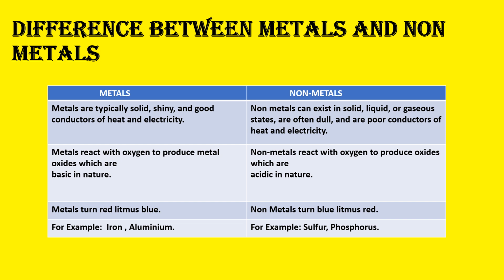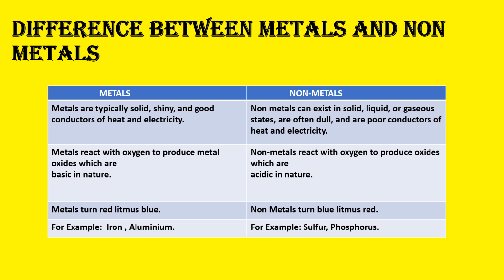Non-metals can exist in solid, liquid or gaseous state. Like we have learnt about mercury. Mercury is a metal which exists in liquid form. Then we have learnt about oxygen. Oxygen exists in gaseous state. Then solid, we have learnt about sulfur. It exists in solid state. So non-metals exist in three forms: solid, liquid or gaseous. These are dull, means they are non-lustrous, they are not shining, and are poor conductors of heat and electricity. So non-metals are poor conductors of heat and electricity, means they do not allow transfer of heat or passing of